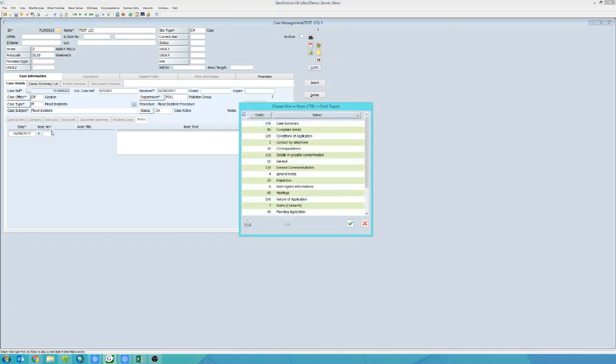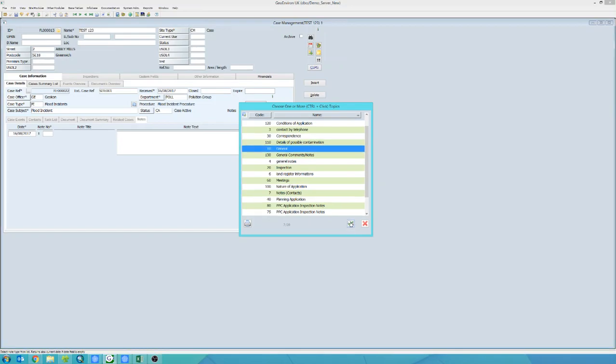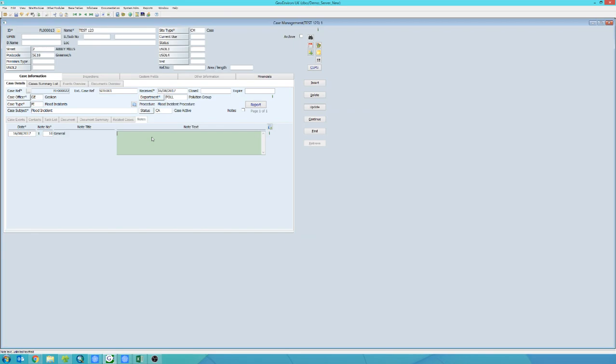By clicking this little L here, we can see the type of note that we can add. Whenever you see that little L, it's going to be a list of all the possibilities that you can enter into that field. So we're going to call it a general note, and we'll just type in Tyree to review,